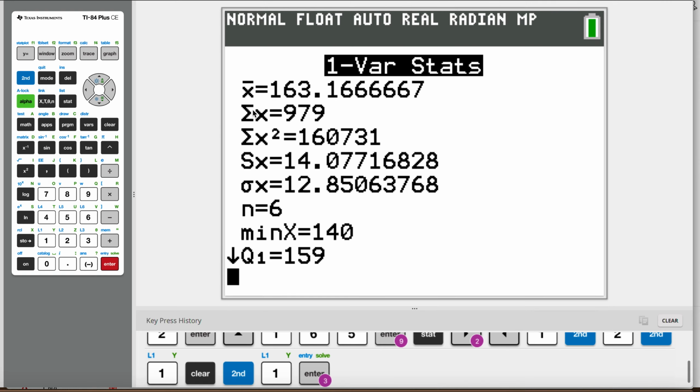I don't want to go through all this data right here, but the minimum, definitely we know, is 140. Now we need to know about Sx and σx. Sx is basically the standard deviation for a sample. For example, if there are 10 students and you're calculating the standard deviation from 6 of them, you are going to be using Sx. But in general, if we have 6 students and we are calculating the standard deviation of all 6 students, which is the case here since we have only one list and we are calculating all data from the list without another list attached,